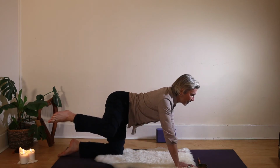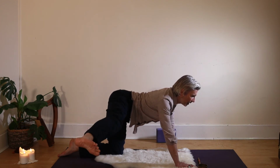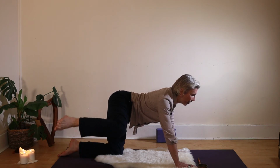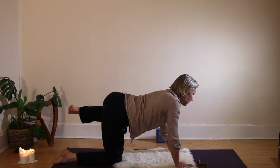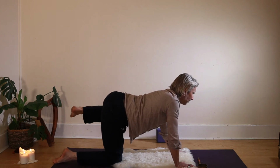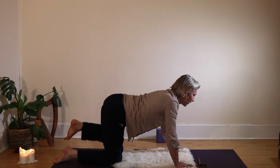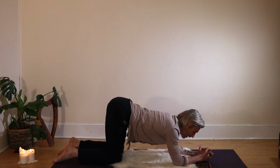As the knee extends out, now extend the foot out and bend the knee, and extend and bend and extend and bend. One more. Perfect. Bring it down. Second side. Extend, bend. That's it. Let's go four times. Perfect. And as the knee comes down, I want you to come all the way down onto your forearms, interlace the fingers,